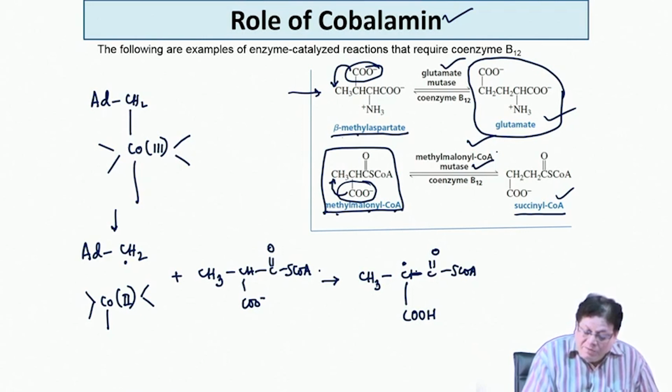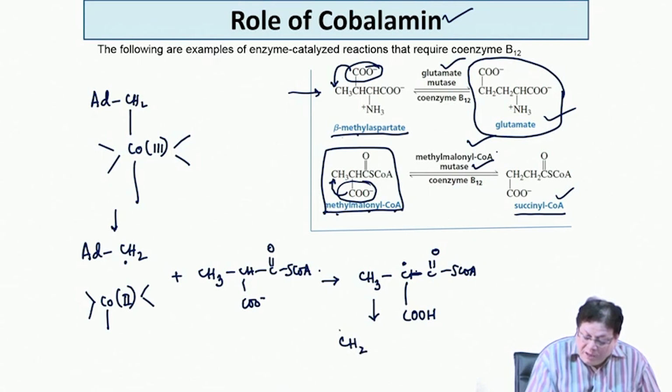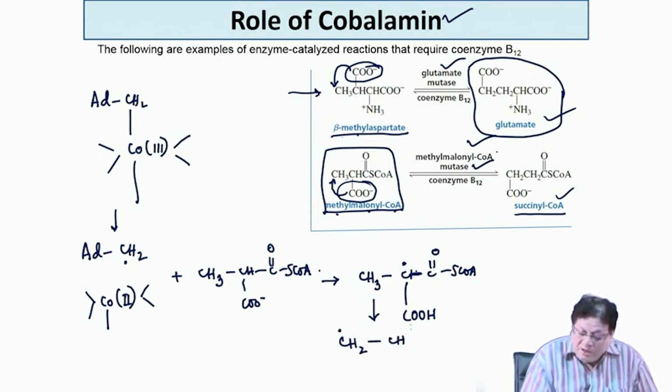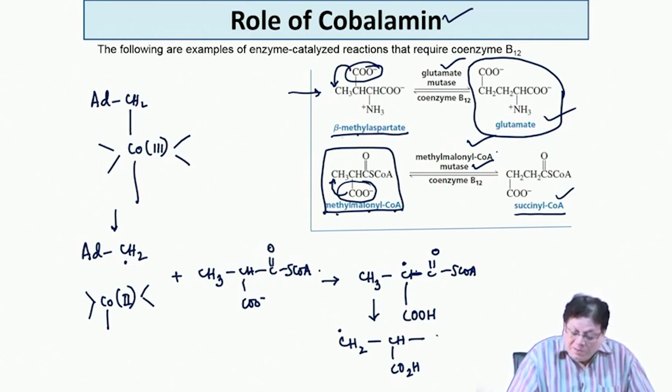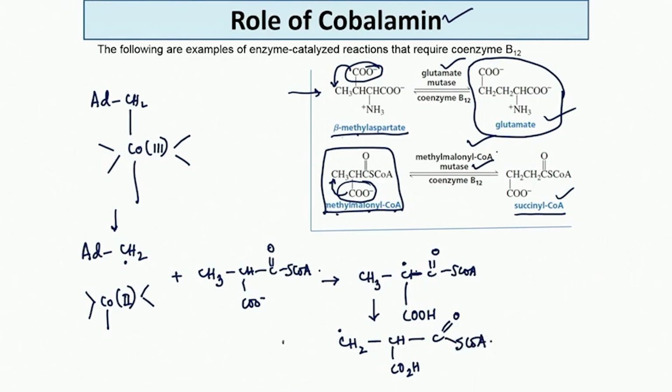And then if you migrate one hydrogen from here, you get a dot here and then CH, the hydrogen is there, now CO2H, and you have C SCoA. Then the CO2H moves here and you get CH dot COSCoA. Okay. And then